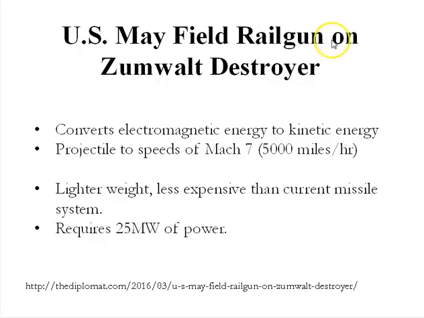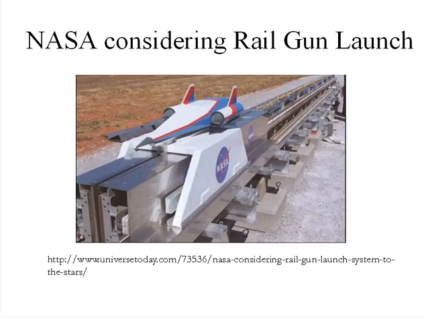The U.S. recently announced it may field a rail gun on the Zumwalt destroyer. Here's a link to that. It converts electromagnetic energy to kinetic energy, with projectile speeds on the order of Mach 7, 5,000 miles per hour. It is lighter weight and less expensive than current missile systems, but it requires about 25 megawatts of power. Also, the U.S. Navy is considering a railgun to launch